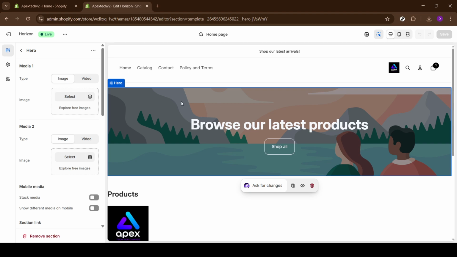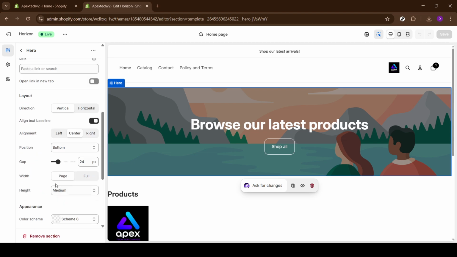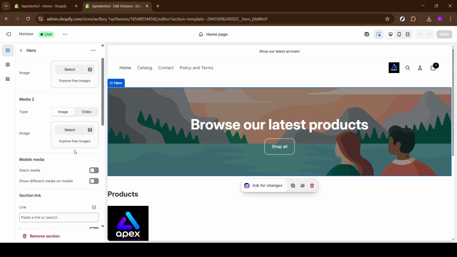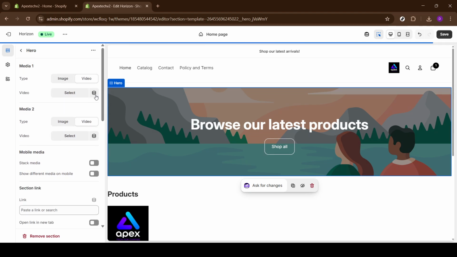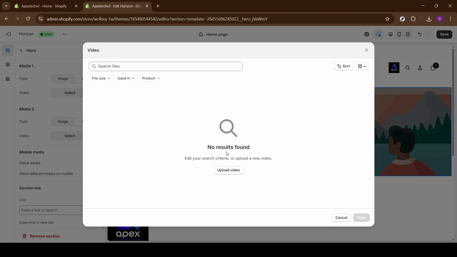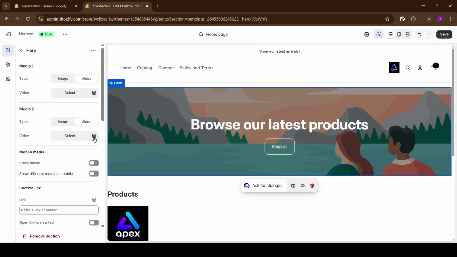Navigate to the page or section where you want the animated background to appear, such as the home page, header, or a custom section. If your theme has a background option, you can upload an animated GIF, short video, or select built-in animation effects. Adjust settings like position, loop, and playback speed to ensure it displays smoothly without affecting page